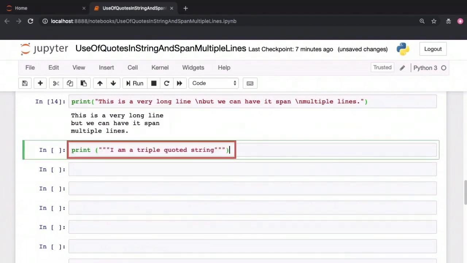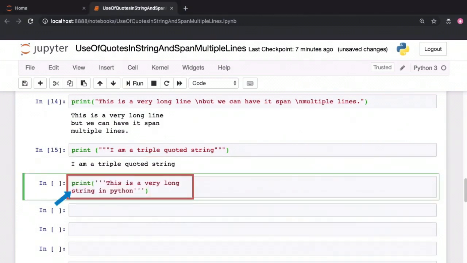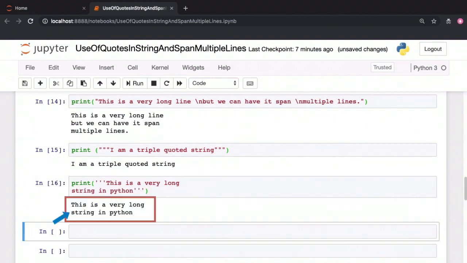Using special characters within strings often reduces the readability of our code, which is why if you have multi-line strings, you should use the triple quote. Here is a single line string enclosed within triple quotes. Now, this is no different than a string specified within single quotes or double quotes. Let's say you have a string that includes a new line. You want the string to span multiple lines. Instead of using the backslash n, you could simply specify the string using 3 single quotes. You can see that the resultant string spans 2 lines. There is a new line right after the word long.